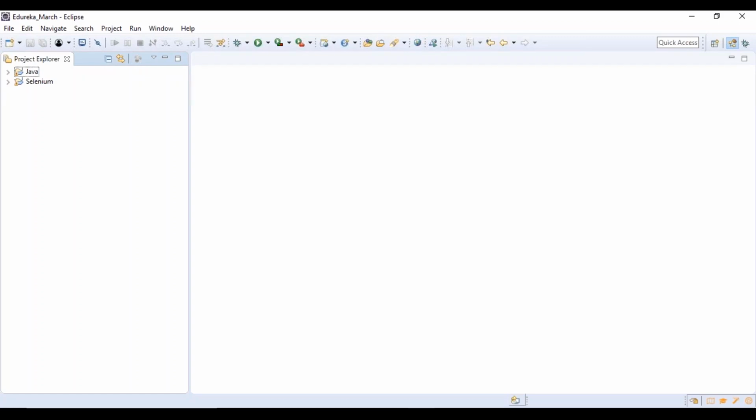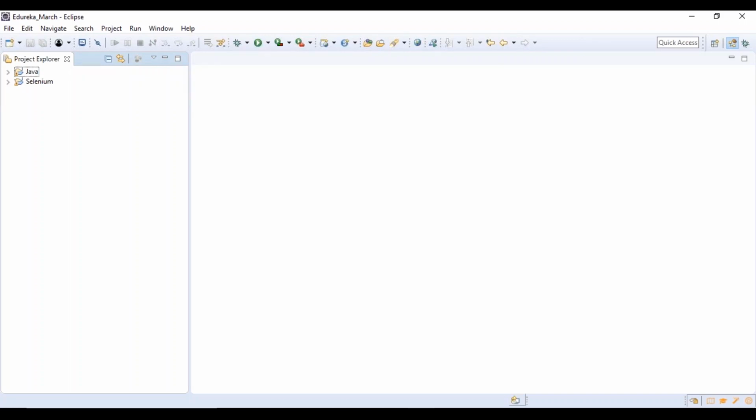Correct. But my requirement is, every time I want to log into the application, I want a different set of data to be used. It is not only one input data that I'm going to give.